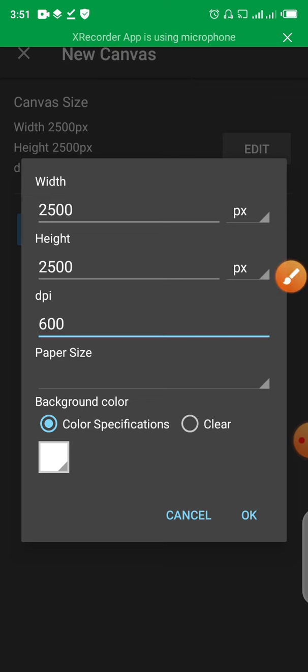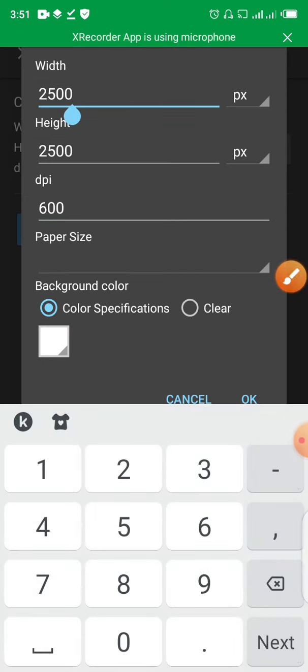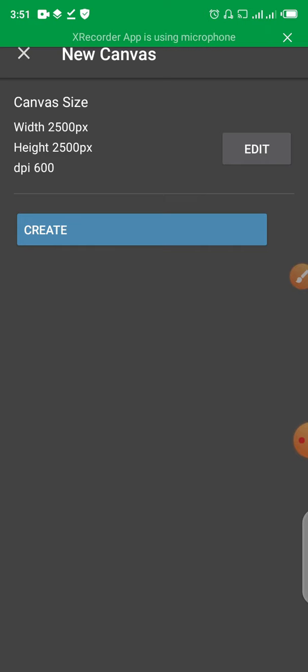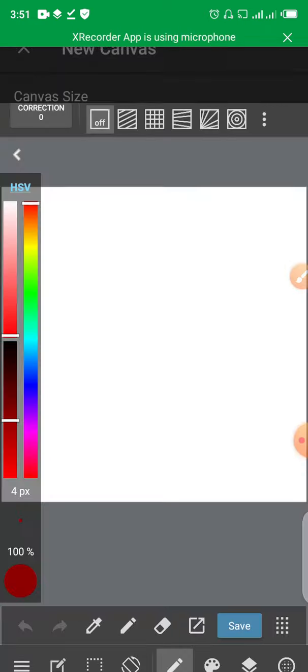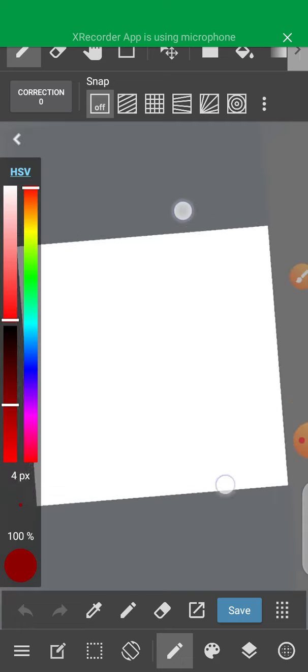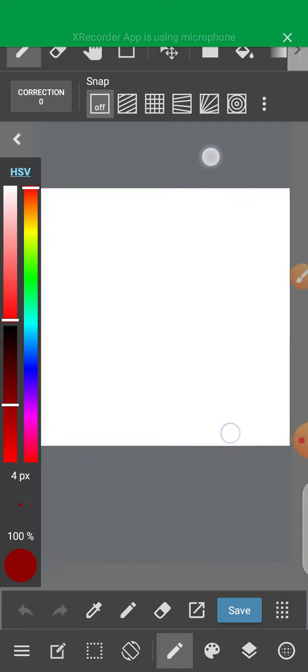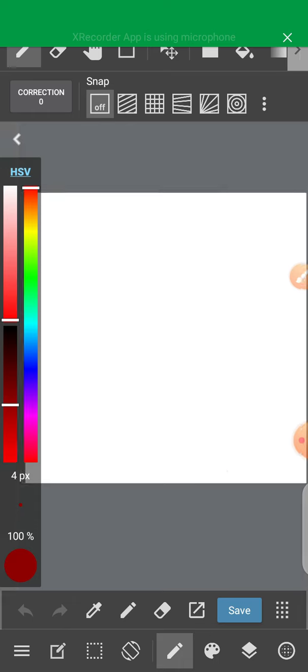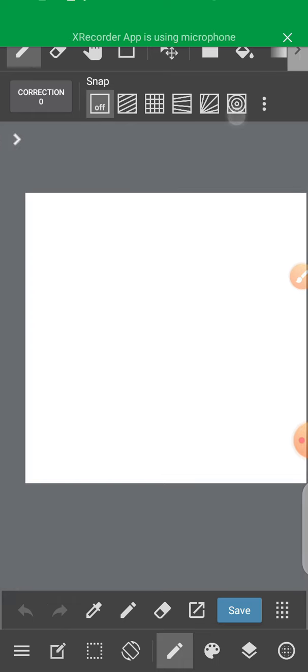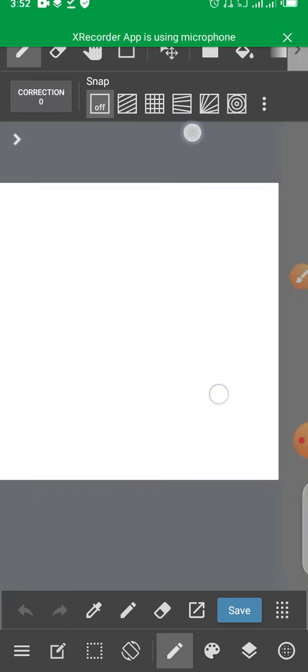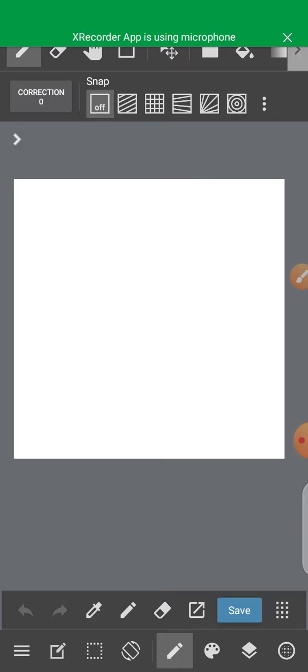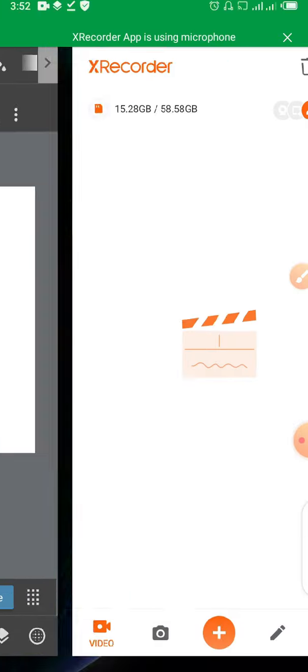So I'm going to choose 2500 by 2500, which is square, both width and height the same dimension. So I'm going to hit OK, and I'm going to create that page right there. So once you create the page, this is really what the app looks like. And so it's a pretty basic app, not much to look at there, but it's actually very